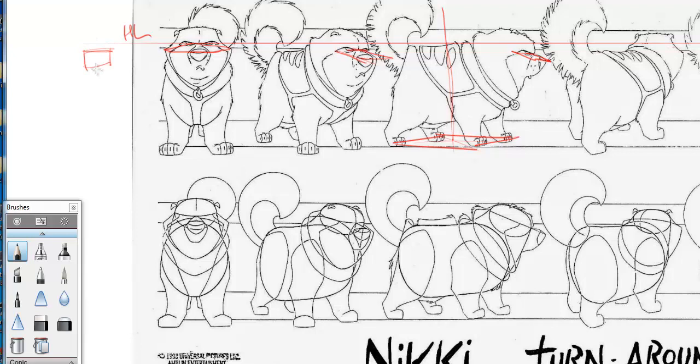Now let's say it's not a coffee cup. What if it's a cube? Okay, let's say I have a, I don't know, a Jack-in-the-Box hamburger box, right? And if I draw that from a front view, there's going to be my cube shape. If I draw that from a 3/4 side view, it's going to be something more, sorry for the crooked line, it's going to be something more like that. And then if I have to even turn that a little bit more,